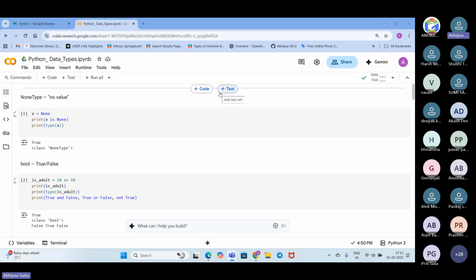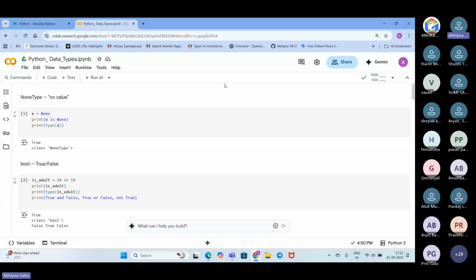Along with that, there are Matplotlib and Seaborn, which are basically used to create charts and graphs, getting the data into visual form so that it becomes easy for us to understand. And there are multiple other libraries for data analytics and data science.